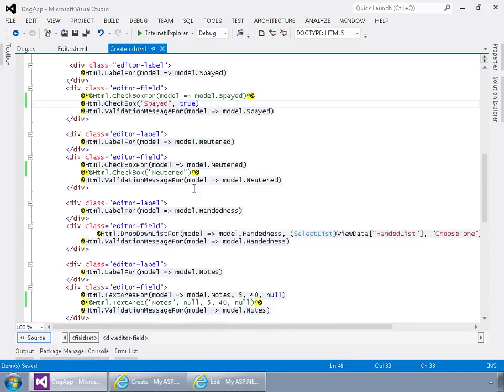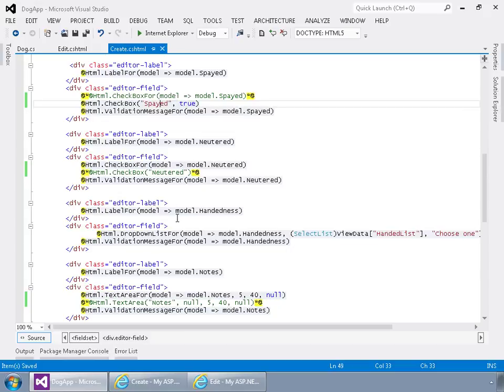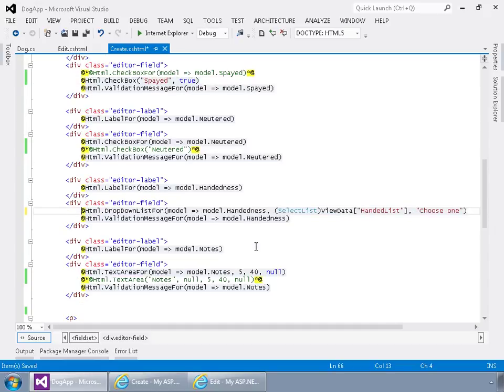And overall, MVC forms are pretty straightforward. If you're used to doing HTML forms and you understand what these HTML helpers are trying to do and how they render out, you will get the hang of it, and it'll just become like second nature to you. So the last one that we're going to look at here, actually the last two, first one is